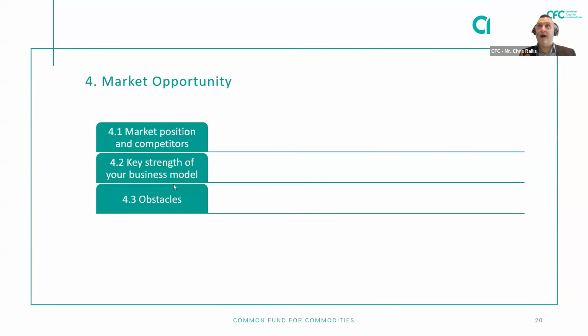Think also about information like, is there a government policy concerning your product or service that is very beneficial for your business activity? For example, a government subsidy, or maybe an international free trade agreement that allows you to export to specific countries. Also, if you are certified, for example, organic certified, fair trade certified, Rainforest Alliance, BRC, ISO, or any other type of certification, please include this information here.